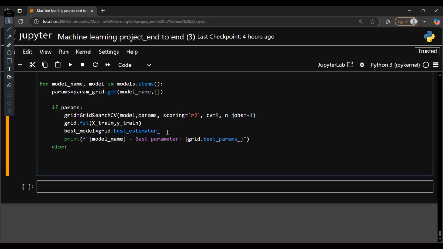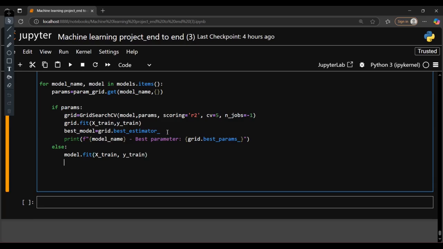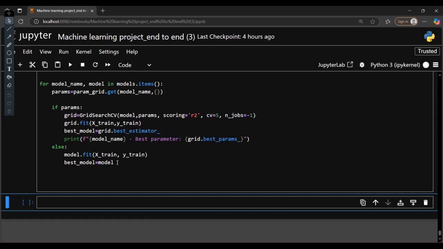else, model dot fit X_train and y_train. So this one is finally done, and I also need model equal to best model. Okay, fine, let me see if it's working or not. Okay,